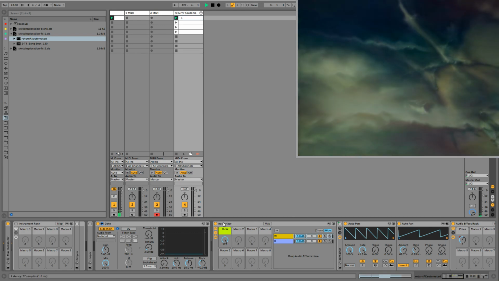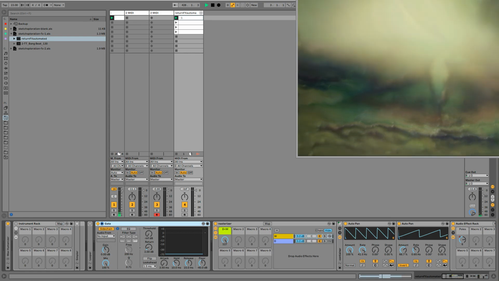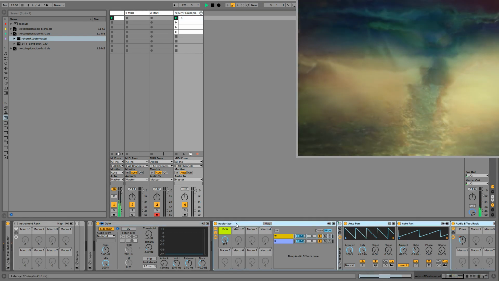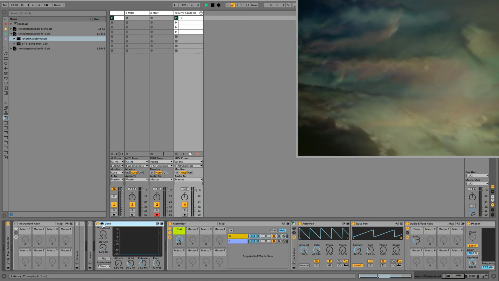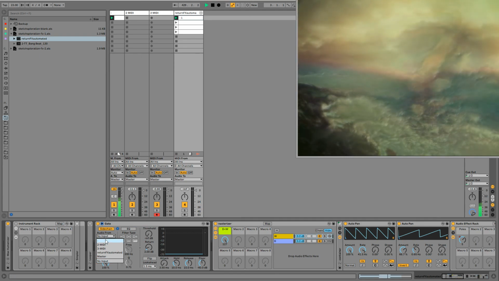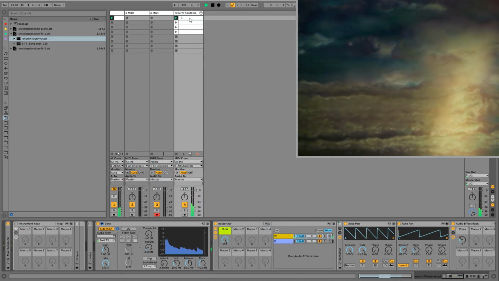I guess I probably need to route some audio. This is just an effects thing that I made. I'm going to route audio using the gate, and I open up the side chain there. I'm going to choose this first track, and now we have audio from it coming through here.